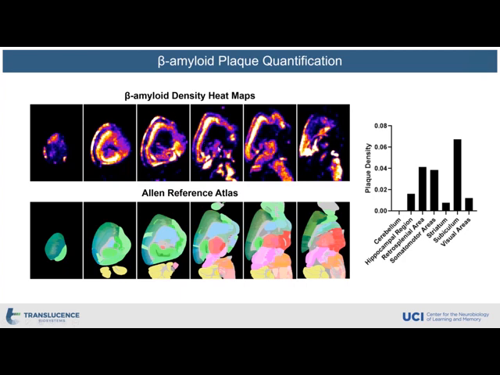And what you can see is that there are regional patterns. So this is just one mouse looking at different planes along the sagittal axis and the Allen reference atlas down below. When we quantify the distribution of this amyloid across different brain areas, you find patterns that you'd expect in the 5x FAD model for amyloidosis. You see preponderance of plaques in the subiculum, moderate levels in retrosplenial, but less so in cerebellum and aspects of